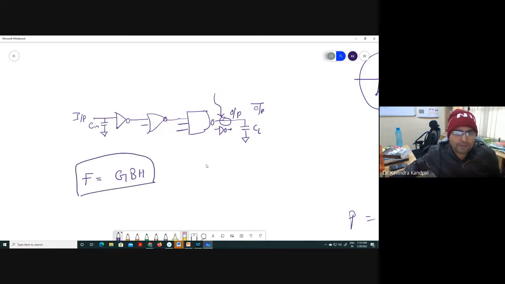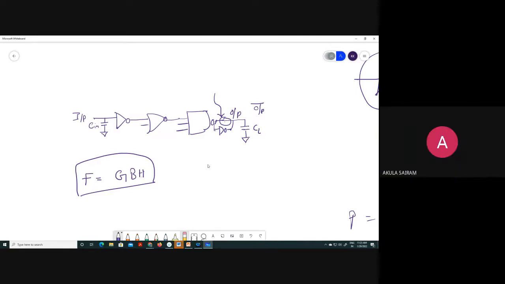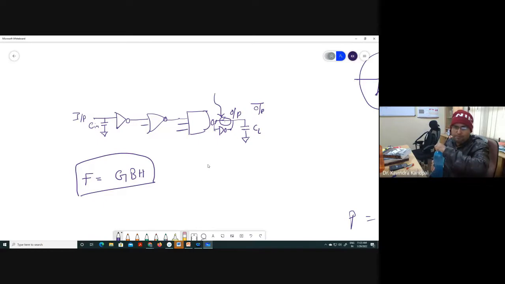If I add one more inverter here, is it changing your F or is it keeping it the same? Same. Why? Because G and B and H are one, sir. Because G happens to be 1, B happens to be 1, and H is still CL by CM. Right or not? If I add two inverters,